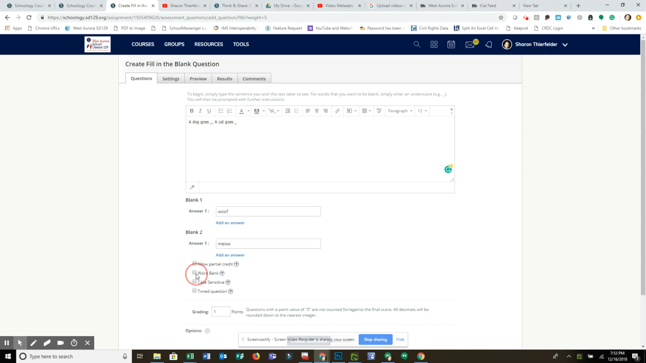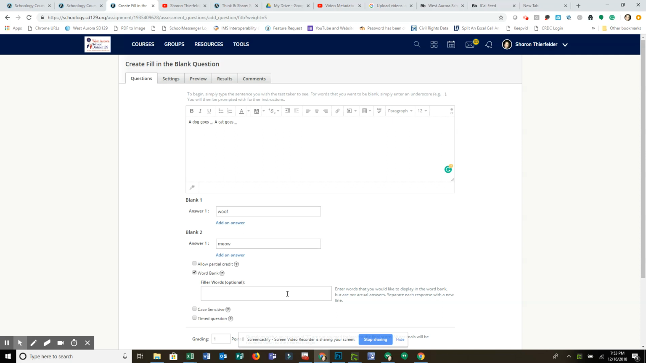I could choose to create a word bank, so I could put filler words in here, and then I would have to display the correct one. So each response is separated. It tells you by a line. So I'm going to say cat, dog, bird, and owl. I know an owl's bird, but